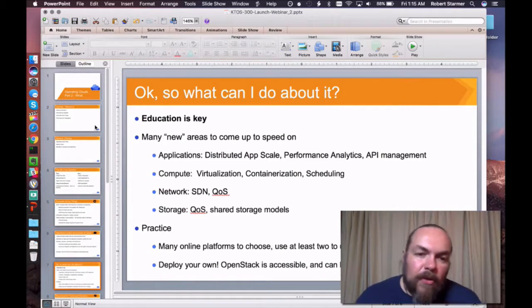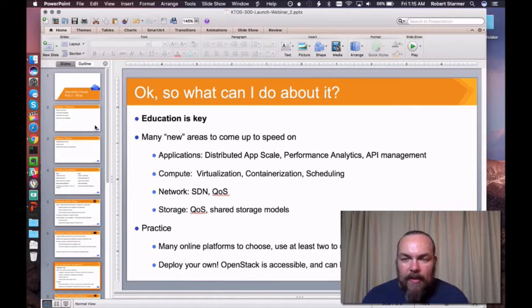Great. Much like last time, what can you do about it? I think that this is a space that we all realize is very important, and it's all the sort of thing that we can all apply ourselves to. We might be sysadmins or network admins or storage admins today, or we might be just looking to get into this space. But the way that we're actually going to be able to go to that next step is to really start educating ourselves. There are many areas that we need to come up to speed on.